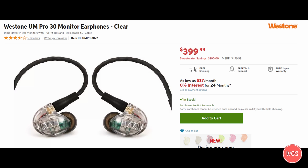So back when I worked at Sweetwater, Westone came in and they demoed these in-ears. And from then, I'd been using, so M Audio made some back then, Etymotic Research, I'm probably saying that wrong, made some. And I was maybe spending $100 on these things and nothing sounded good. And Westone came in and they demoed these Pro 30s. So they're a 3-driver universal fit, and I put those in and immediately was sold